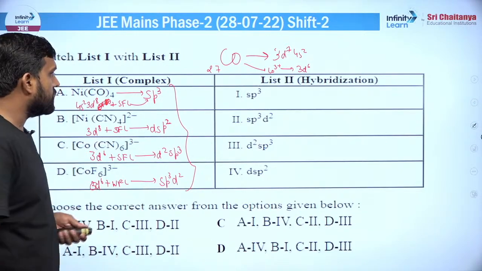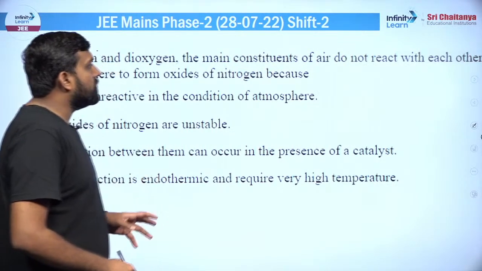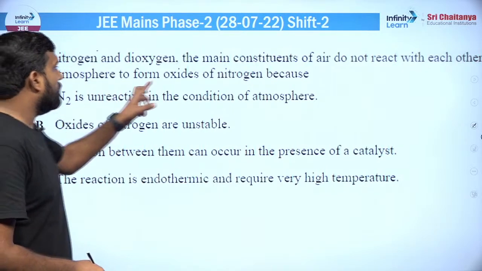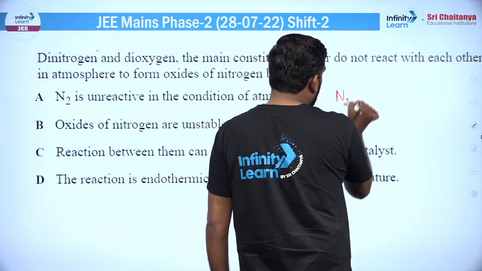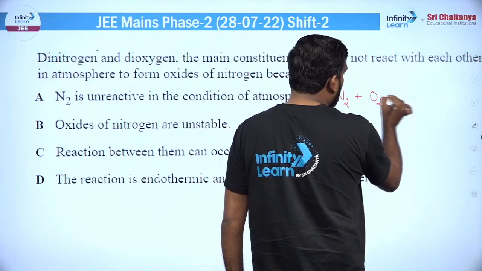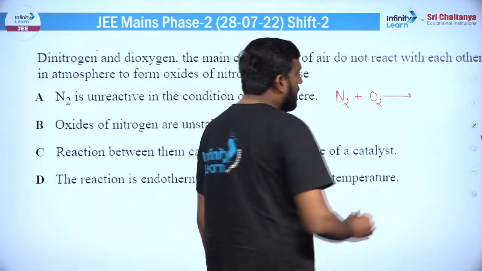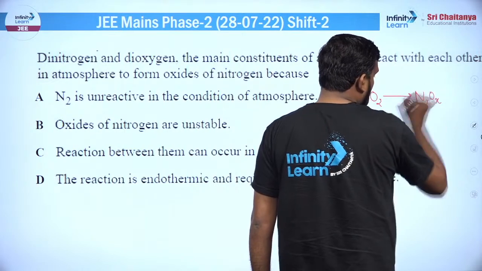आपके फाइनल आंसर्स हो जाएंगे। गोइंग टू द नेक्स्ट क्वेश्चन: डाई नाइट्रोजन एंड डाई ऑक्सीजन आर द मेन कॉन्स्टिट्यूएंट ऑफ द एयर, डू नॉट रिएक्ट विथ ईच अदर इन द एटमॉस्फेयर टू फॉर्म द ऑक्साइड ऑफ द नाइट्रोजन, बिकॉज़। देखो बहुत सिंपल है, जो नाइट्रोजन है और ऑक्सीजन है ये एयर में प्रेजेंट तो रहते हैं, बट इनकी रिएक्शन में बहुत बड़ी प्रॉब्लम है। रिएक्शन में प्रॉब्लम क्या है कि अगर इसको यहाँ पे N2Ox ऑक्साइड बनाना है, ठीक है,